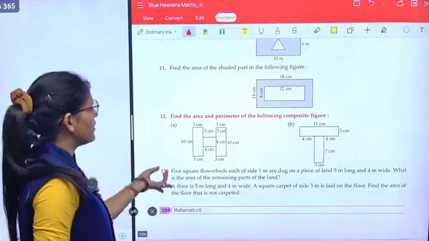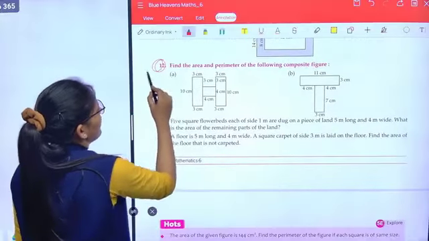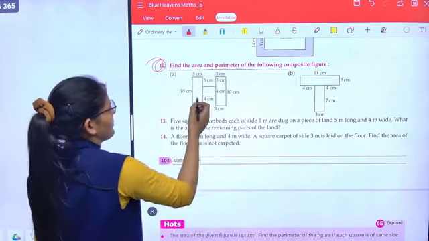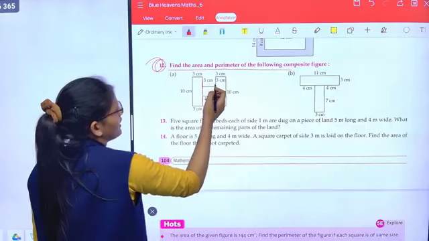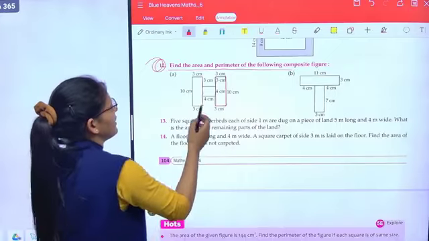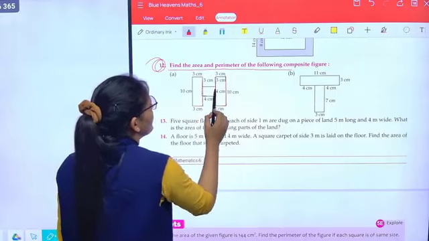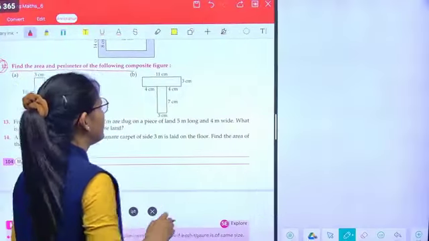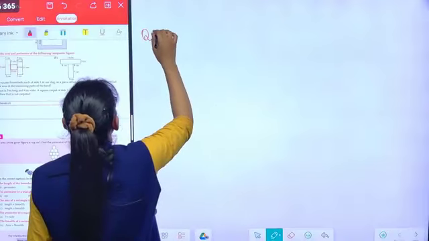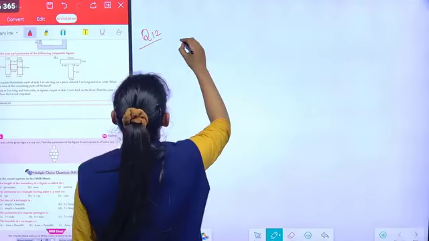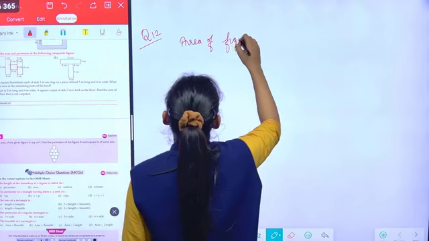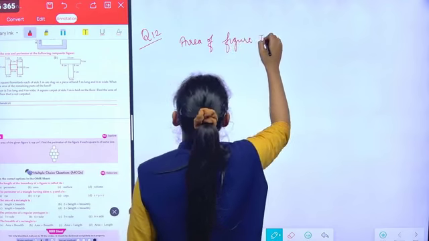Now class come on question number 12. Find the area and perimeter of the following composite figures. These are composite figures. Now first we will find figure 1, then second and then third figure. Now class, this is already divided. You can see here. Now question number 12, area of figure 1 is equal to,